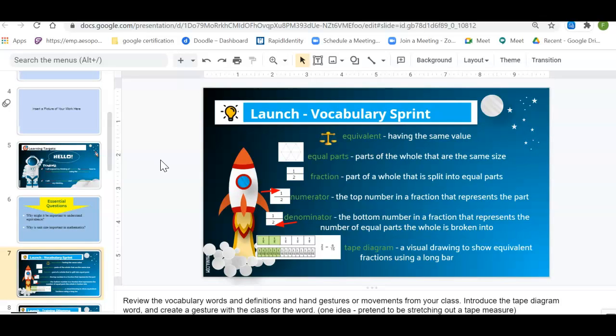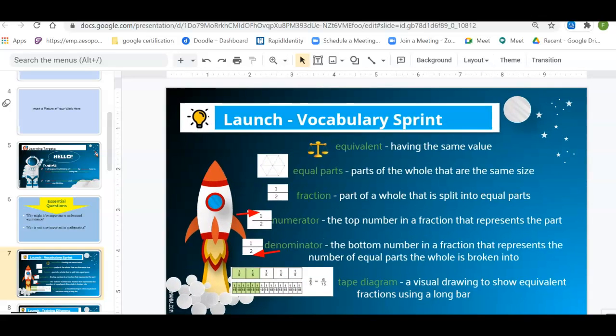Now back to our vocabulary. We've been working on this vocabulary all week long, and here we have the same words: equivalent, equal parts, fraction, numerator, denominator. Yep, there's a change. We've added one to it: tape diagram. Tape diagrams means using a visual drawing to show equivalent fractions using a long bar. All right, so go ahead and write this down in your notebook, guys. Write this in your notebook, and you'll see as you write,